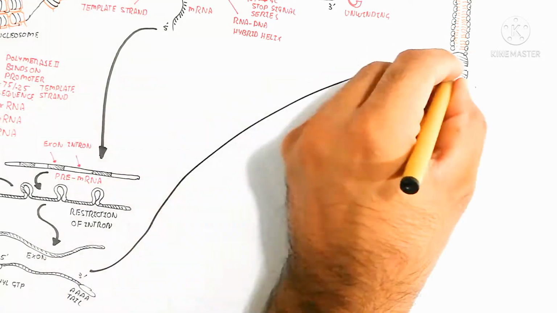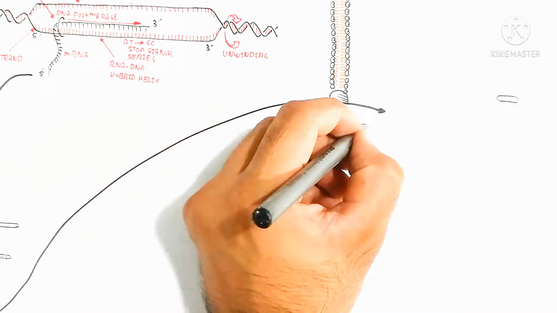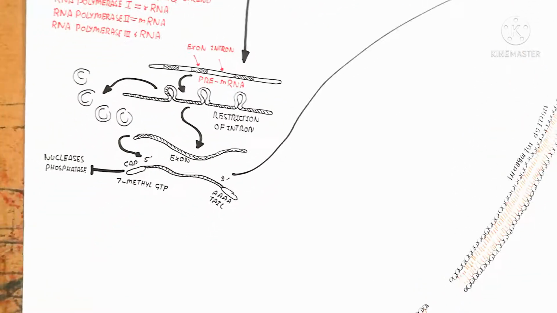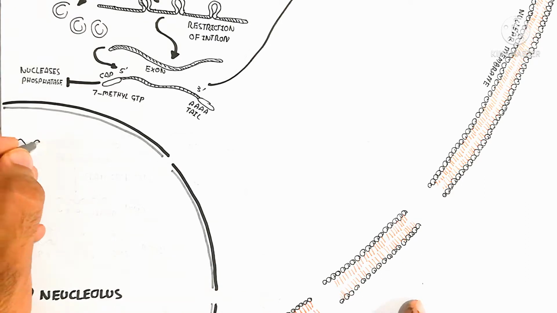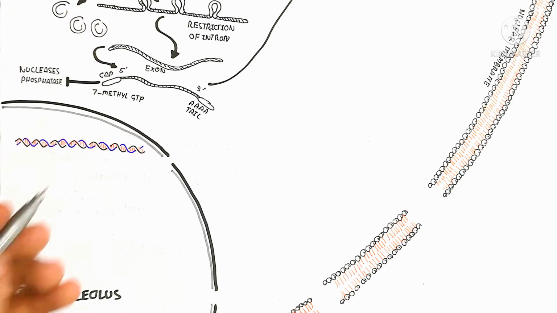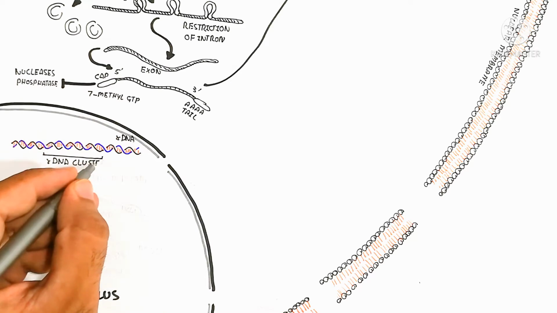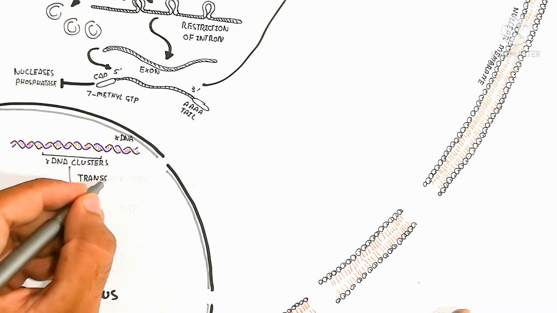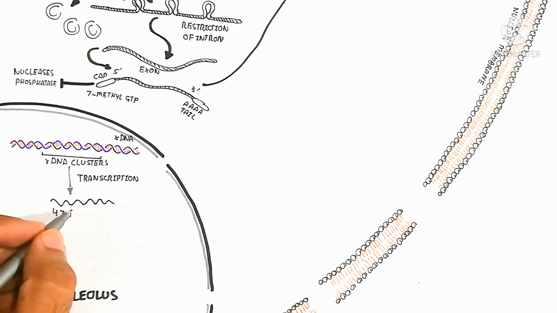First of all, we will discuss the exportin, which exports the protein and the messenger RNA through a channel; the transporter is known as the exportin protein. While here is the nucleolus. Nucleolus is a sub-part of the nucleus which also contains DNA. This DNA is, for example, the ribosomal DNA cluster. This ribosomal DNA cluster will be transcribed just like the transcription of messenger RNA, but the RNA polymerase 1 enzyme is used